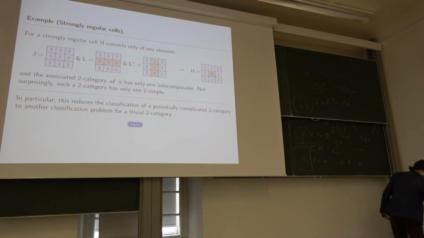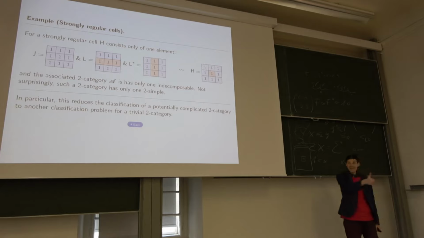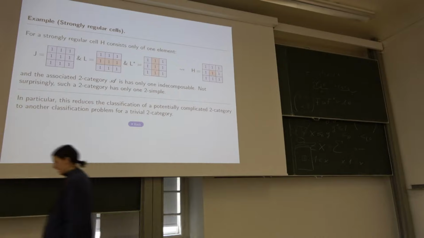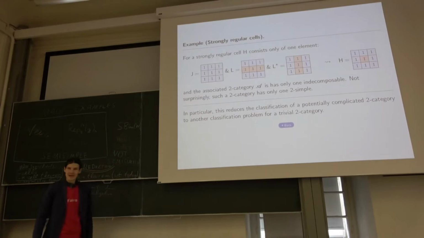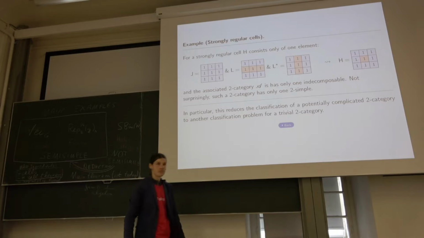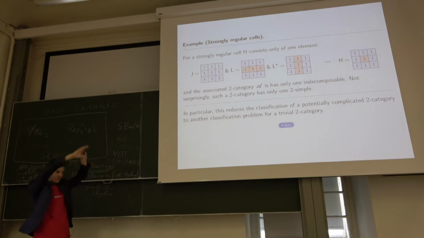So the corresponding 2-representations associated to this cell are in one-to-one correspondence with 2-representations of a category with one indecomposable object, with one simple object in this case. And I guess it's not very hard to believe that a category with one simple object does not have a very complicated 2-representation theory. It has just one associated simple. And that's exactly the corresponding cell module you see here. Remember that all of those are equivalent. So we have reduced the problem from a huge cell onto the diagonal.